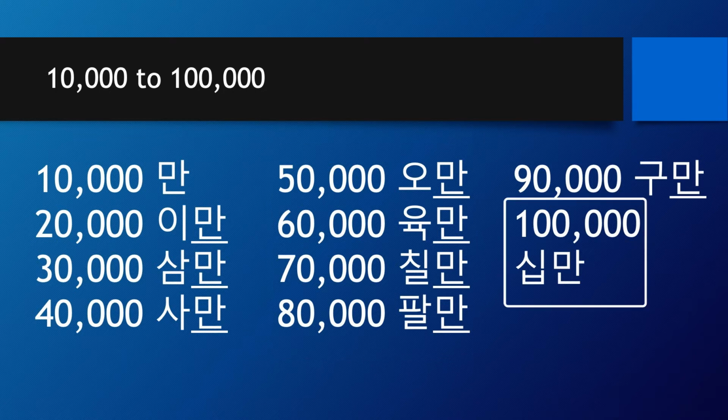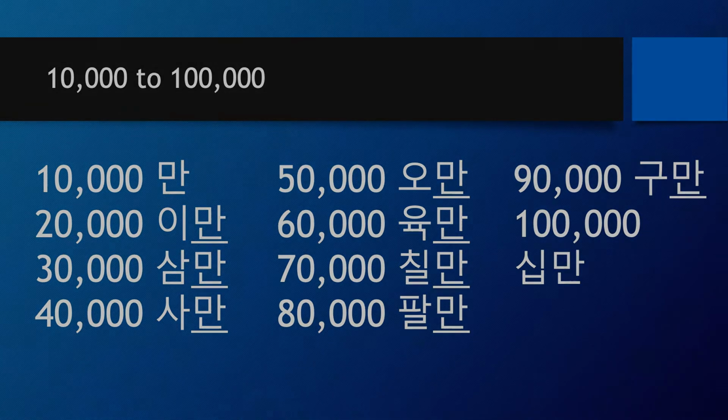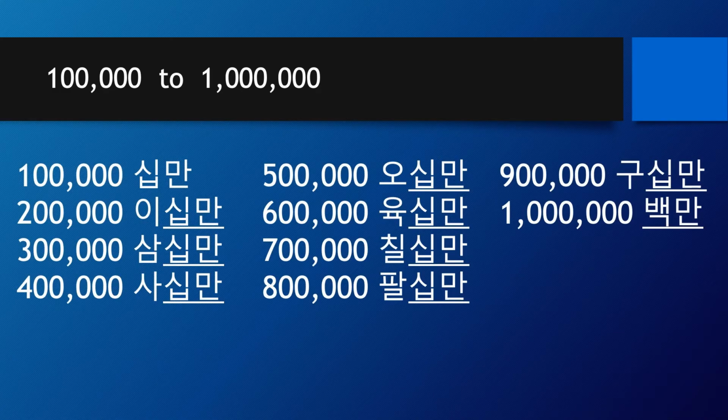100,000 is 10만, which makes sense, right? Let's repeat one more time. 만, 2만, 3만, 4만, 5만, 6만, 7만, 8만, 9만, 10만. Okay, if you have a lot of money to spend when you go to Korea, you should also learn these numbers. Let's count from